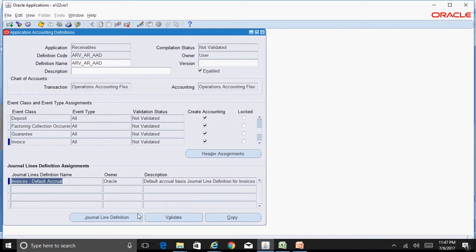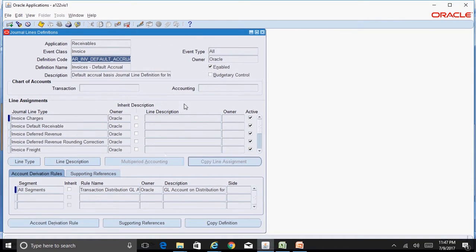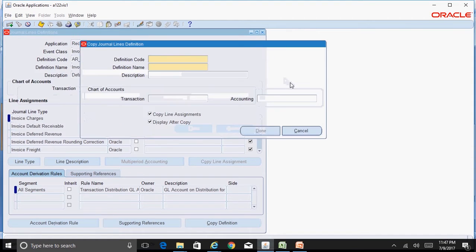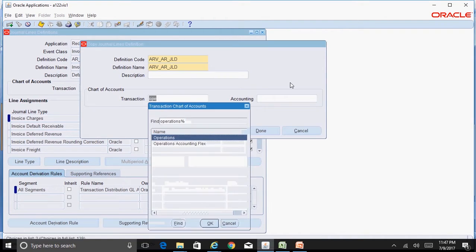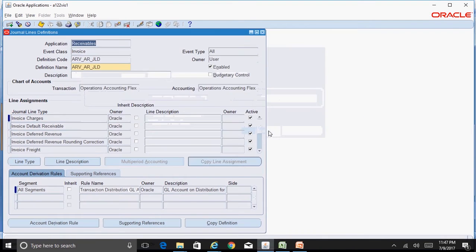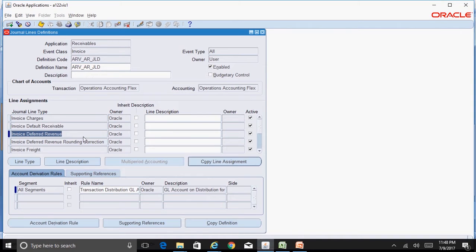Open the journal line definition, and then click on Copy Definition, which will create your custom version of the journal line definition. Give the name as ARV_AR_JLD, with Operations Accounting Flex for both. Click on Done. That has created your custom journal line definition.